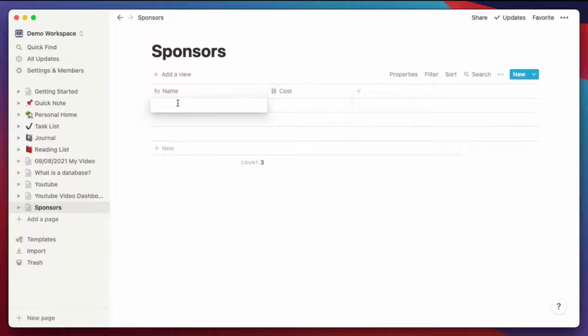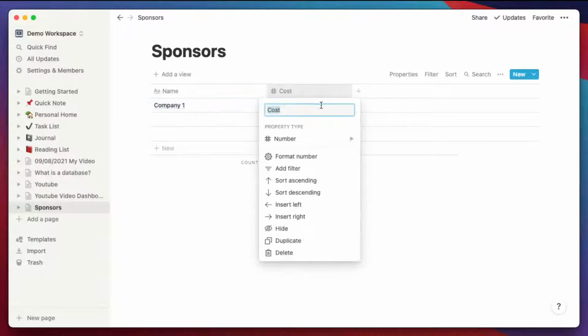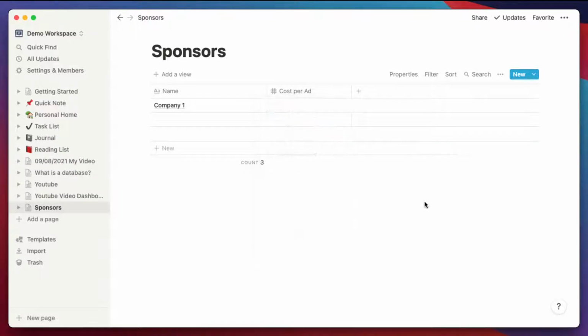So I'm not going to put any real names in here, but what are we going to do? We're going to call sponsor 1, company 1, okay? And I'm going to say cost per ad, okay? Let's say this is what we're charging them, right?